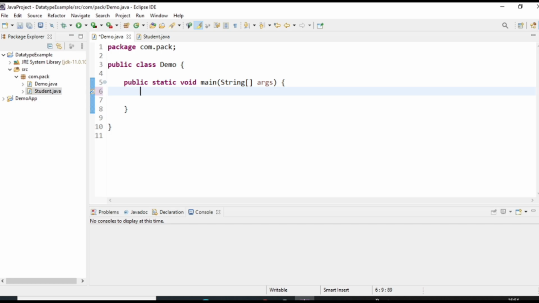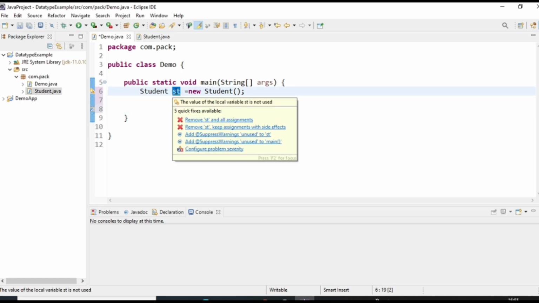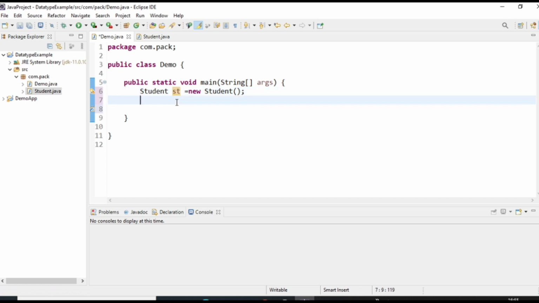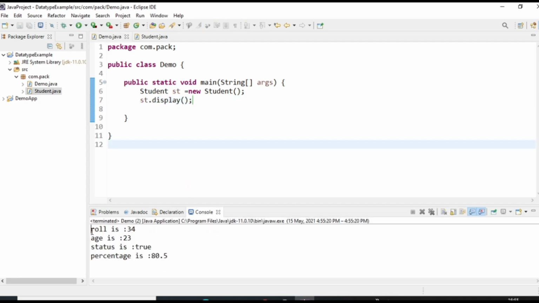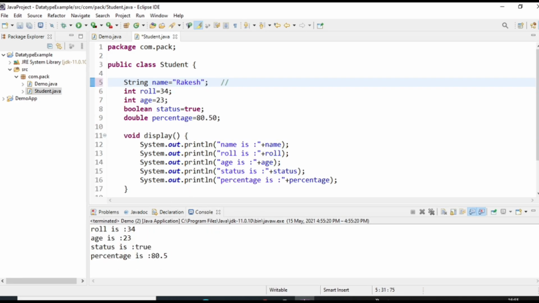First I will create an object of the student class. Now we have created an object of the student class, and with the help of this reference variable I can execute any method which is present in the student class. See, this is the output. So here we can say that string is a non-primitive data type.